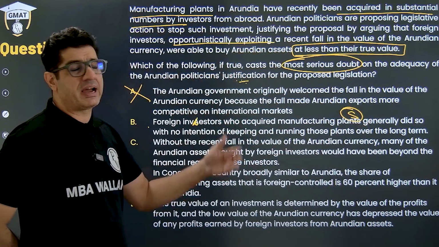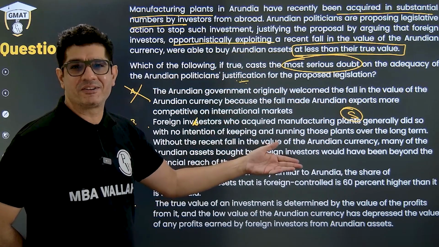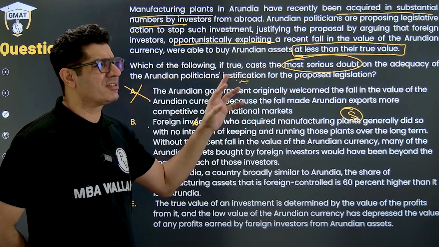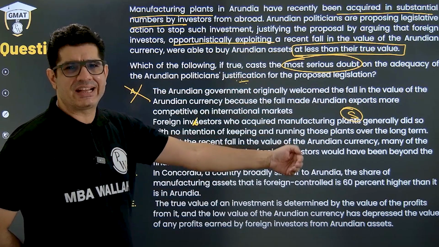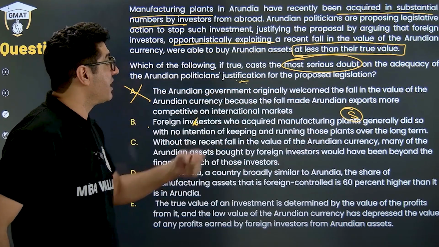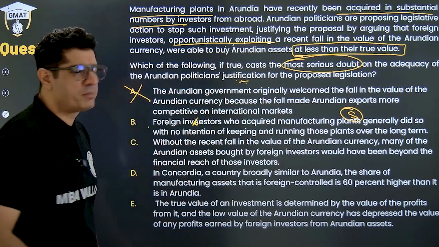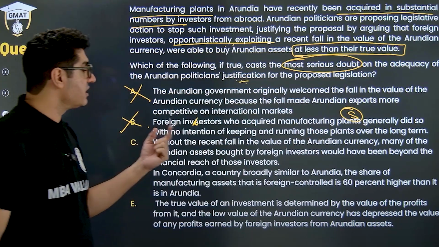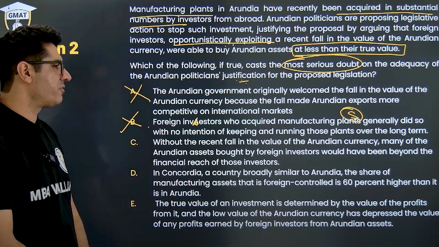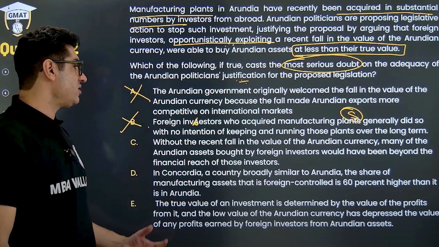They are probably buying them to make a quick buck. When their currency strengthens, they'd be able to just sell it to somebody else, make a profit, and then move out. And if that is true, they are indeed being opportunistic. So definitely no. C, without the recent fall in the value of the Arundian currency, many of the Arundian assets